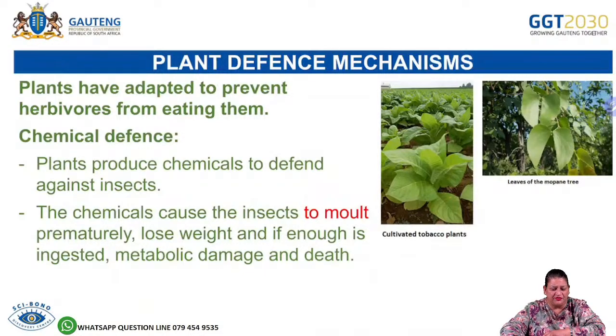Plants also have defense mechanisms such as thorns, right? Which is a mechanical defense mechanism, as well as chemicals. So if you look at here, it's a chemical defense. Most plants actually give off an odor or a smell, or they can even taste very bitter. And should an animal eat these plants, you'll find that the animals themselves will be able to,